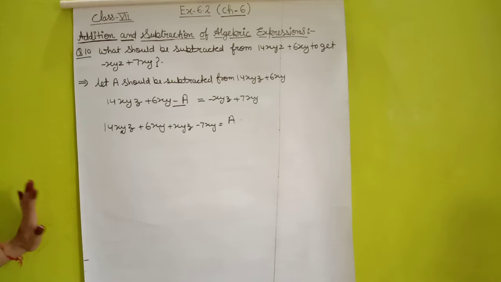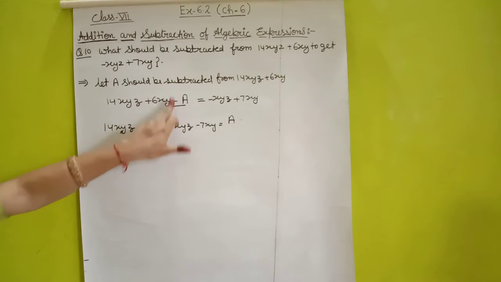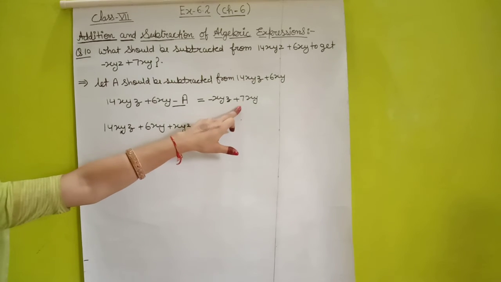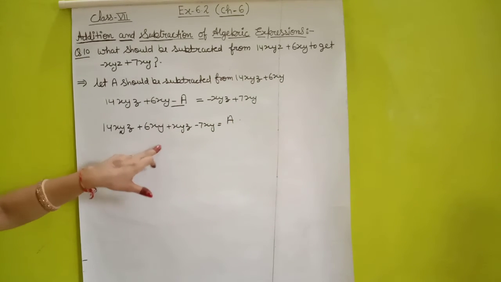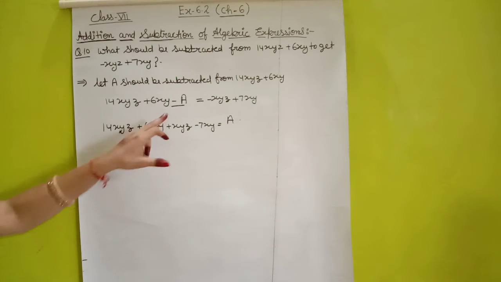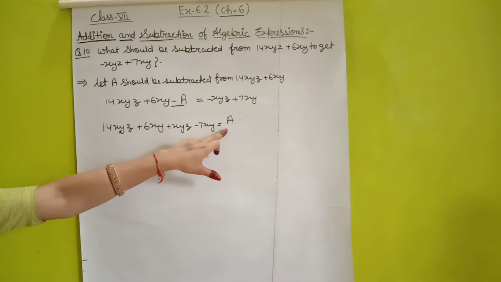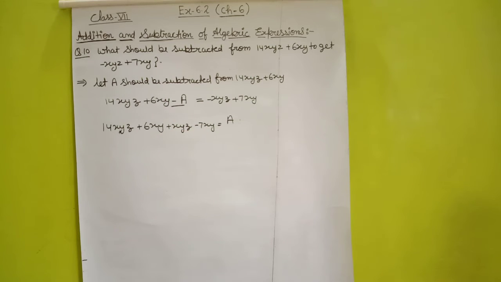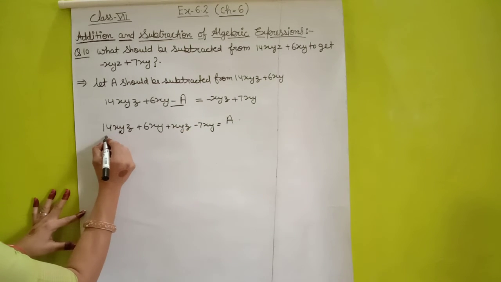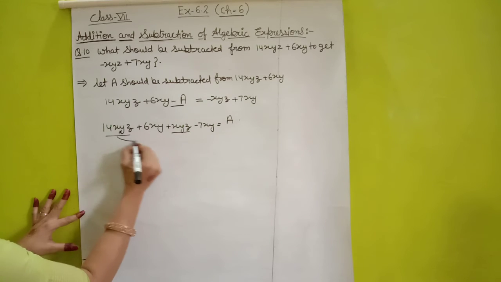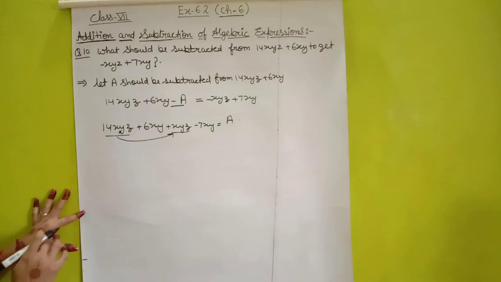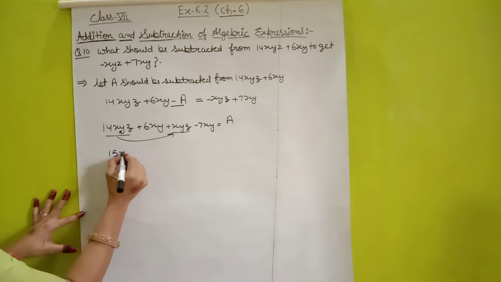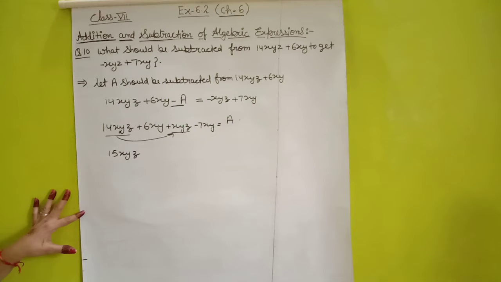What I did, students, here: a I have transferred to the right hand side, and minus xyz, 7xy I have transferred to this side, and their sign will be changed. Which are having minus sign, it will be with plus sign, and which are having plus sign, it will be with the minus sign. Okay. Now students, 14xyz and this is xyz, both are like terms. So we can add 14xyz and 1xyz. It will be 15xyz. I am doing here directly.